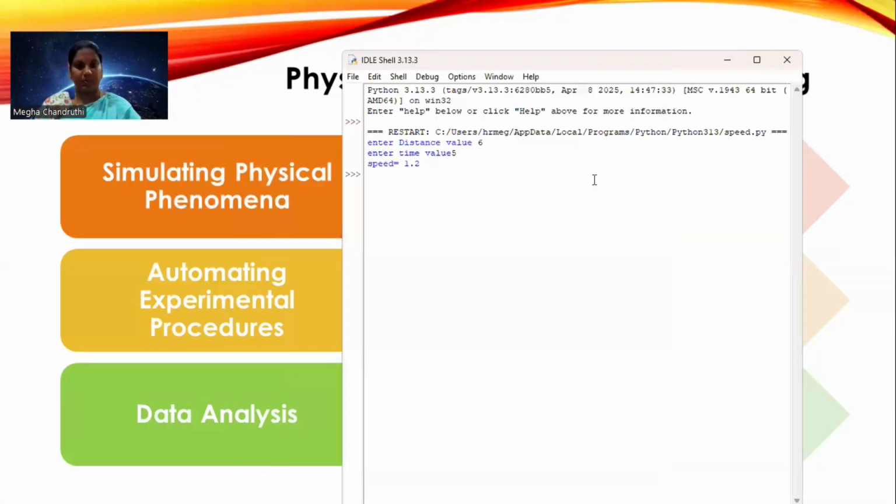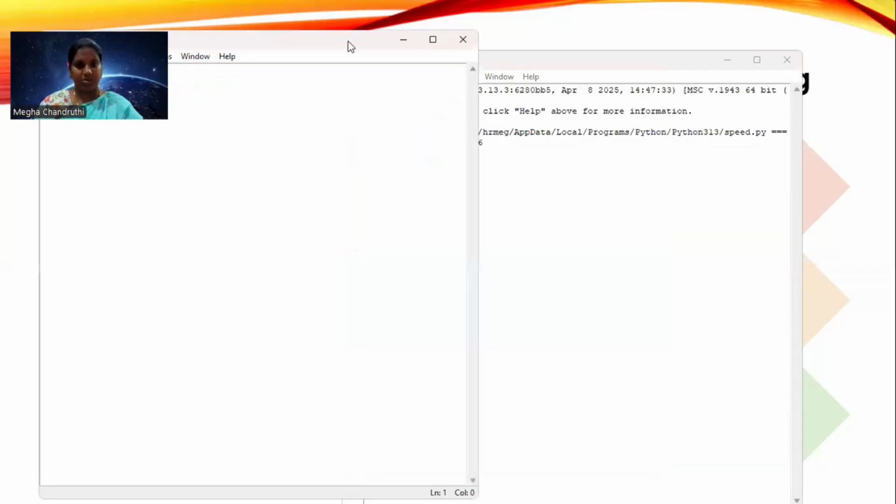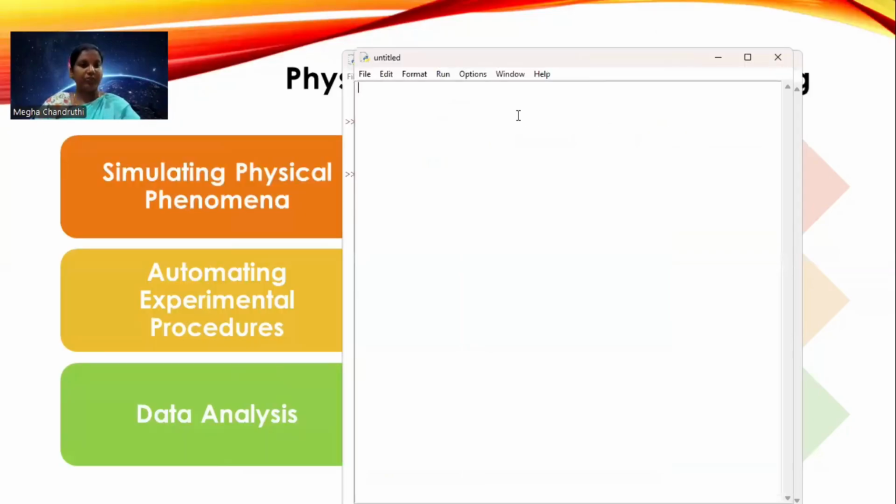So here, new. Whenever you are plotting graphs, you have to make sure that you use the matplotlib library. That is a must.